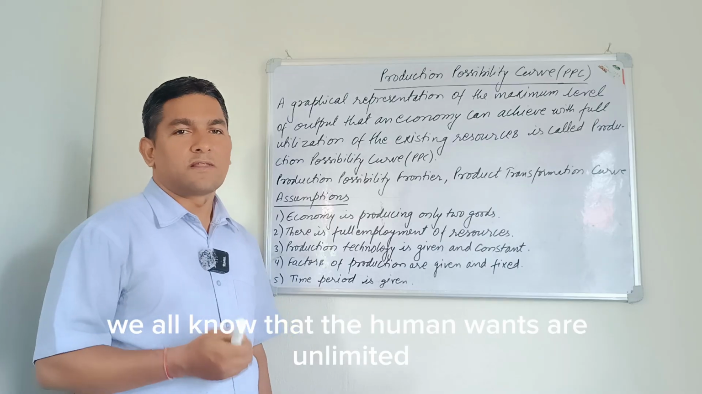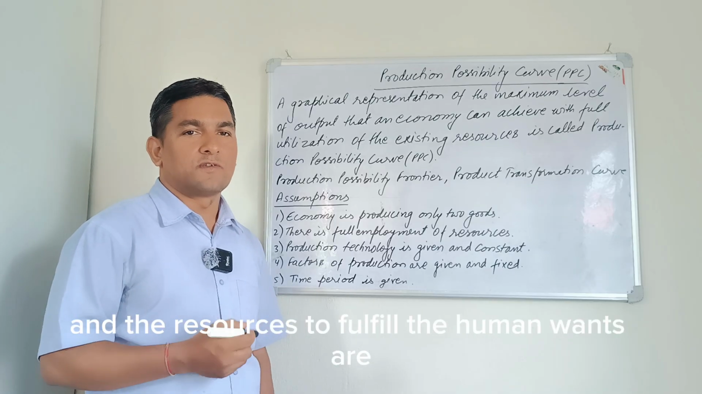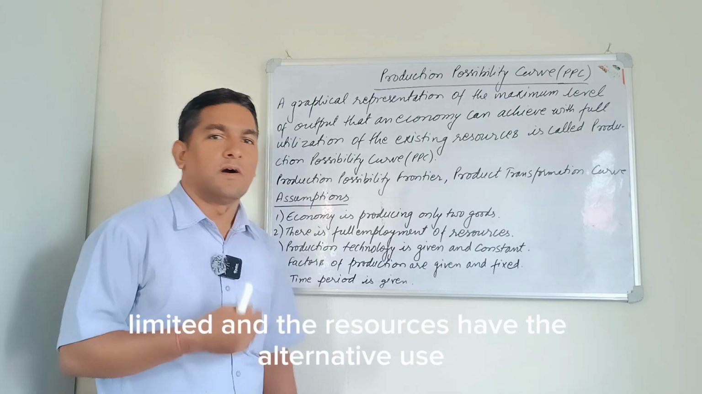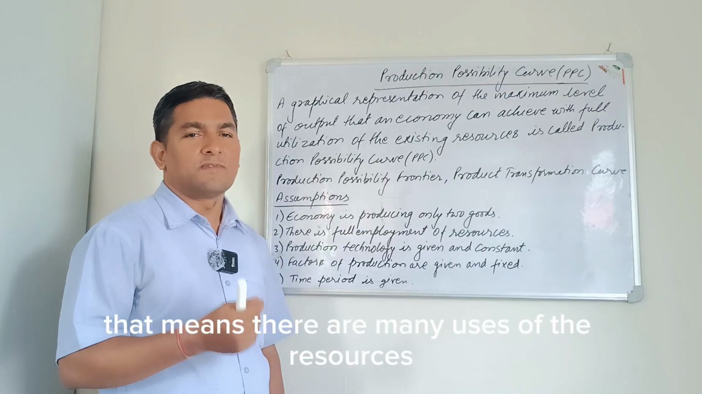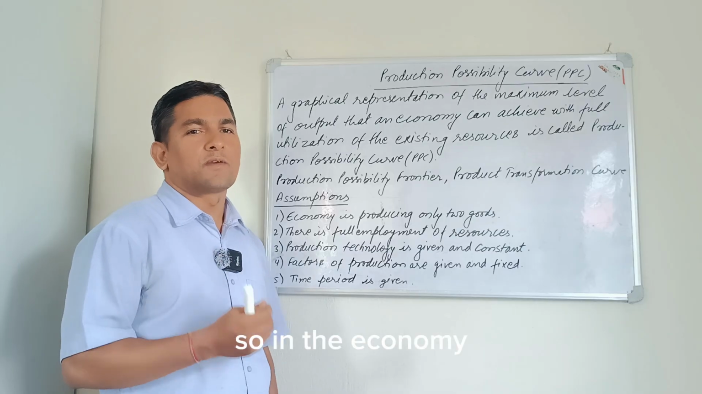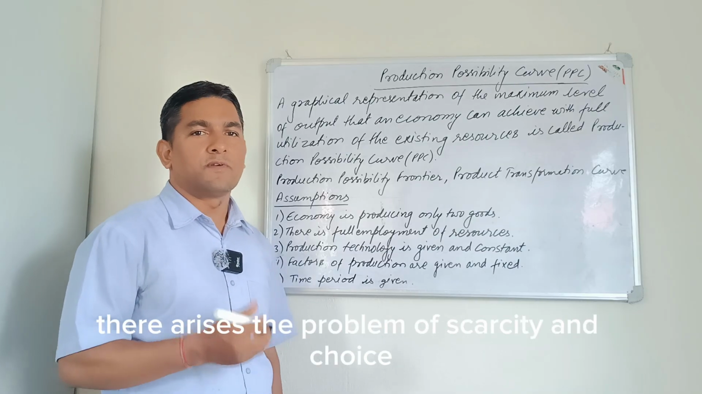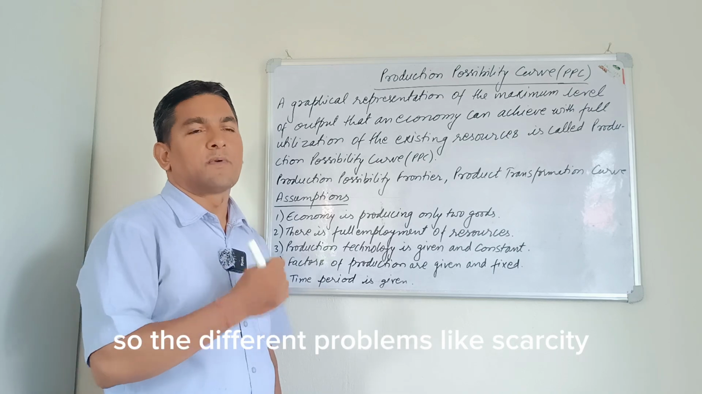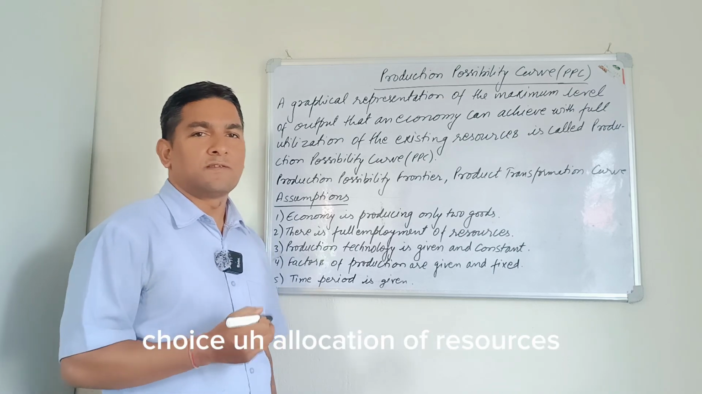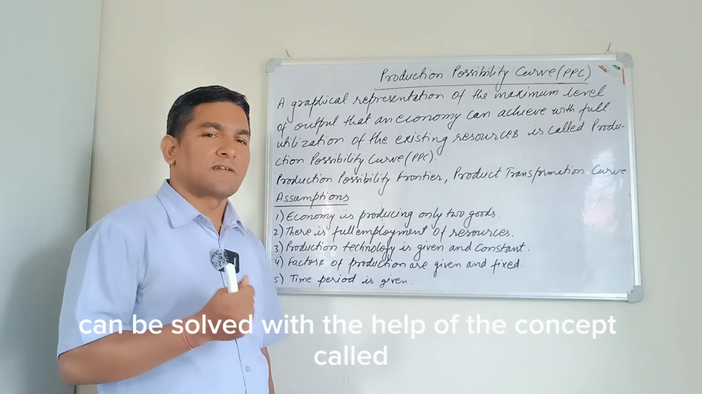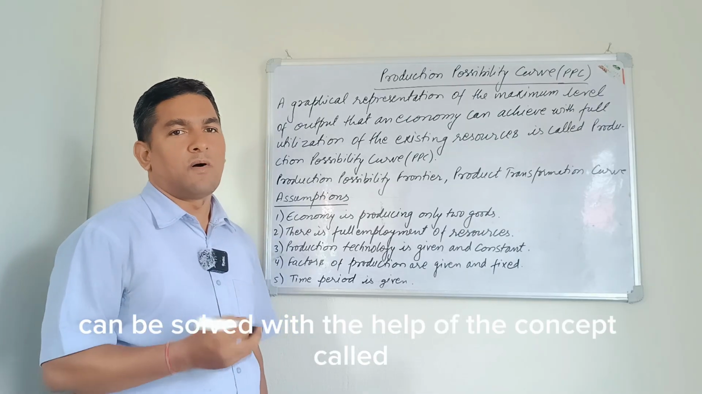We all know that human wants are unlimited and the resources to fulfill human wants are limited, and the resources have alternative use. That means there are many uses of the resources. So in the economy there arises the problem of scarcity and choice. So the different problems like scarcity, choice, allocation of resource, etc., can be solved with the help of the concept